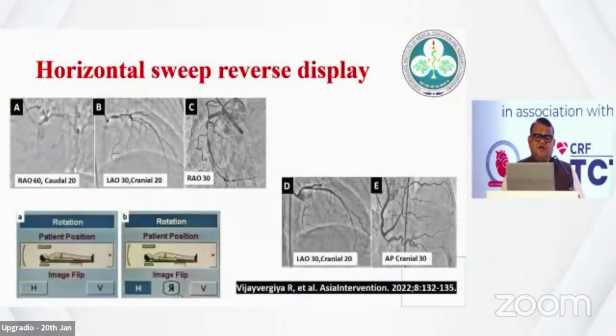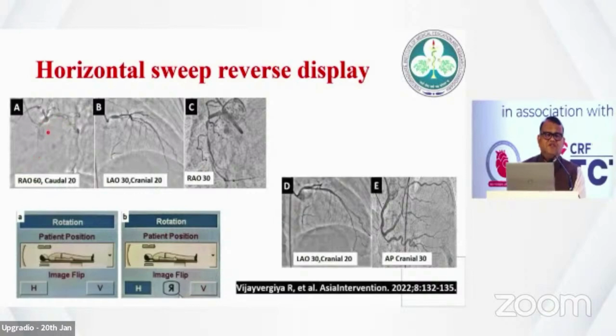And this is another horizontal sweep reverse method. Each and every cath lab do have this modality. So you have to just flip the machine orientation from the outside, and then you have now rotation of this image. So cranial and caudal will remain the same. RAO, LAO will become the reverse. So if you see this particular